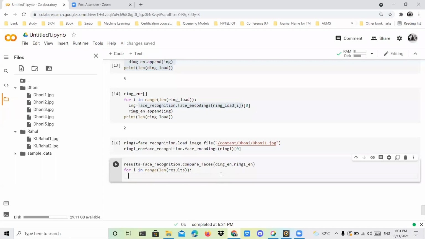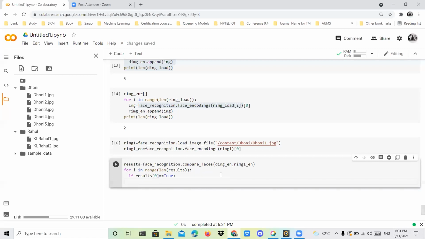End with a colon, and check if result[i] is equal to True, which means I want to show the photo on the screen.